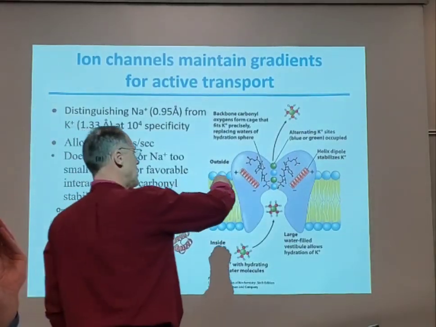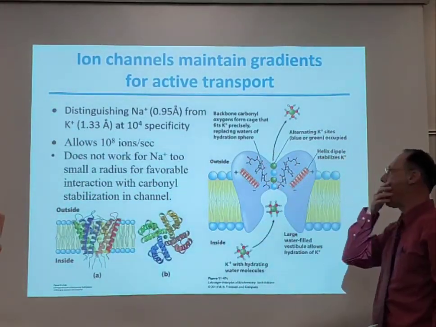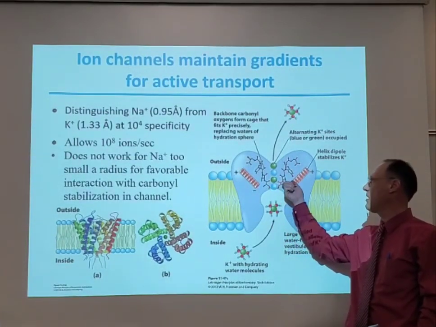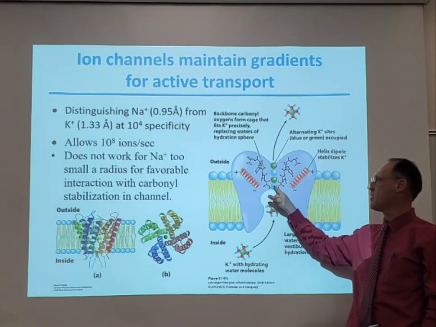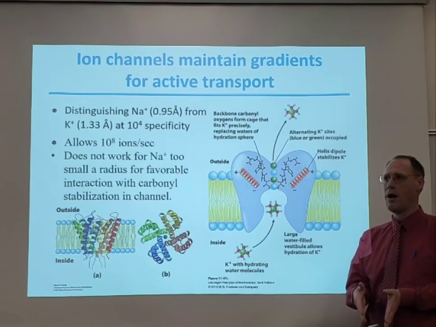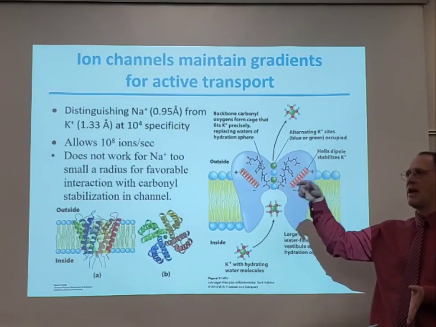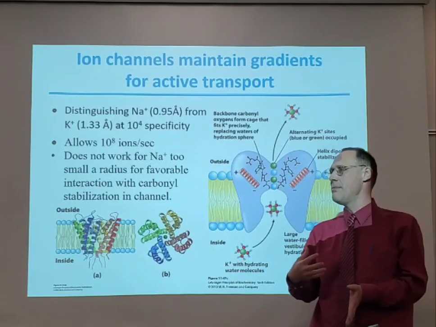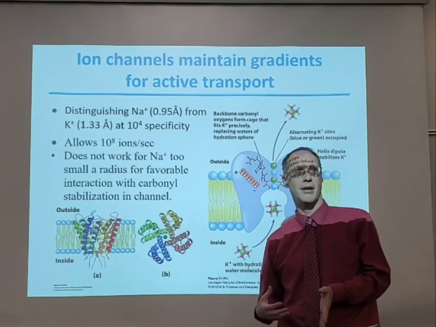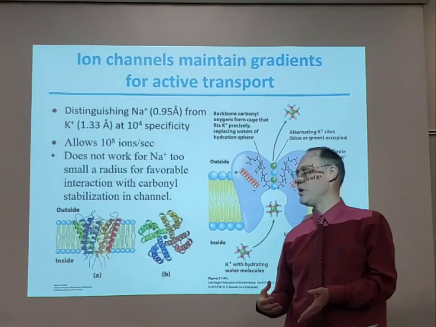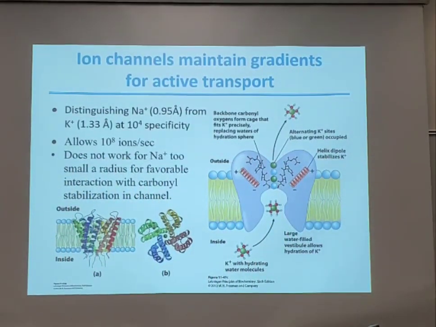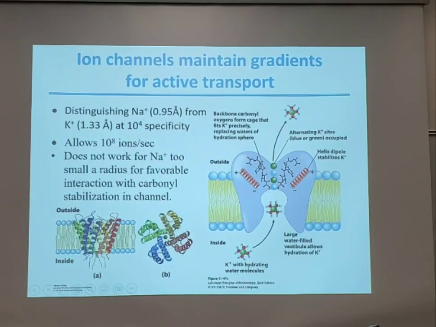The waters of hydration actually keep the wrong one out and the right one in because the size of the actual ion is perfect, so I can replace the waters of hydration with the protein charge groups as it goes through the pore. I'm going to strip a water of hydration off, and it can only come off because I want to keep the ion in solution if I have something that can substitute with the exact hydrogen bonding, which is set with the protein that's matched to that. So that's how we do that. We can actually distinguish between sodium and potassium.